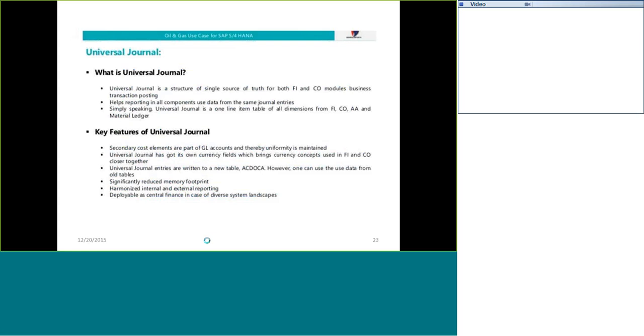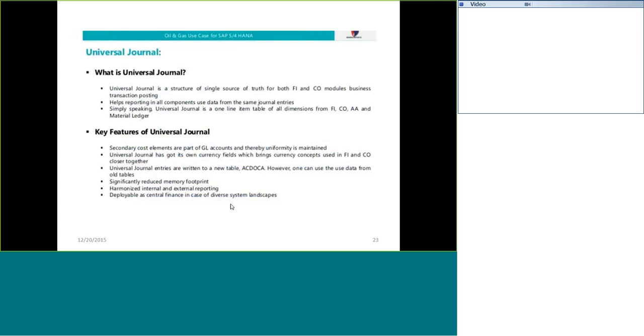The key features of the Universal Journal. GL accounting. So can you tell me what is Universal Journal? See, before, from the ECC point of view, we were designing ledgers. We have three types of ledgers: leading ledger, non-leading ledger, and extension ledger. But here, from the Simple Finance point of view, there is no ledger scenario.